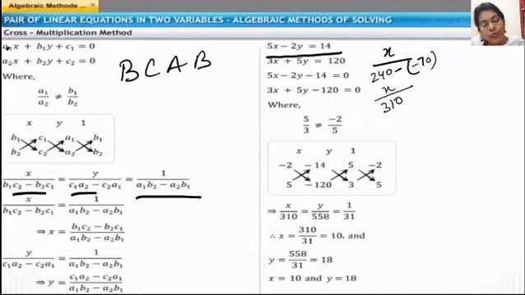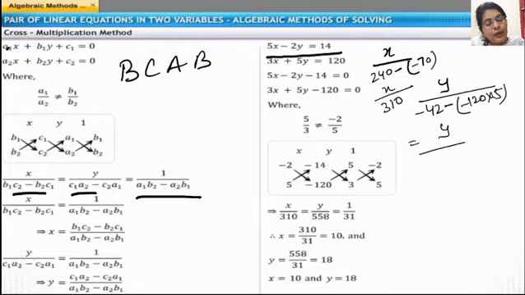Now talking about y. Minus 14 into 3 is minus 42. Then the minus sign will be put here, and in the bracket minus 120 into 5. 12 fives are 60. Then what will it become? Y upon minus 42, and minus minus plus 12 fives are 60, so it will be 600. 600 minus 42, what will it become? Y upon 558. So it is written here.